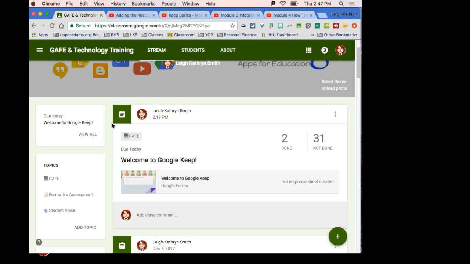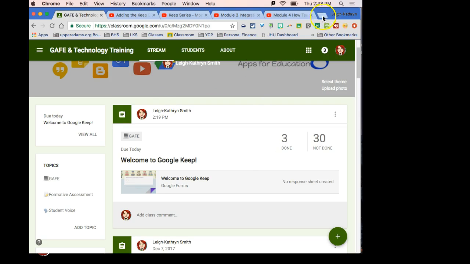Okay, so we're going to look at Google Keep. Have you guys ever heard of or worked with Evernote? No. You've gone to college. You had to do research papers. Way back in the covered wagon days, when I was doing research papers, we'd have to take our notes on little index cards. Google Keep is a way for your students or you to do the same thing, but electronically. And you can add pictures, you can add live links, you can add all sorts of things.